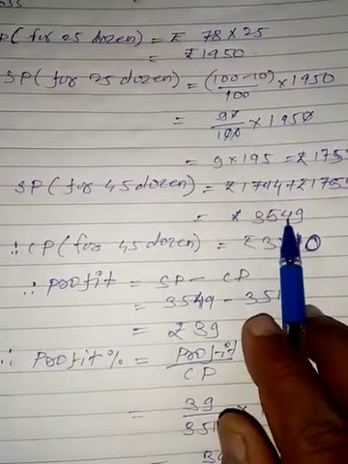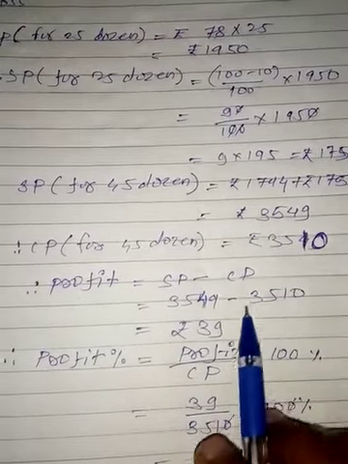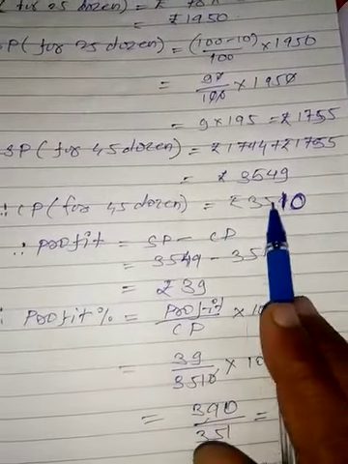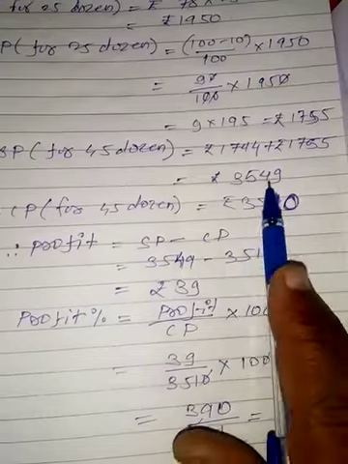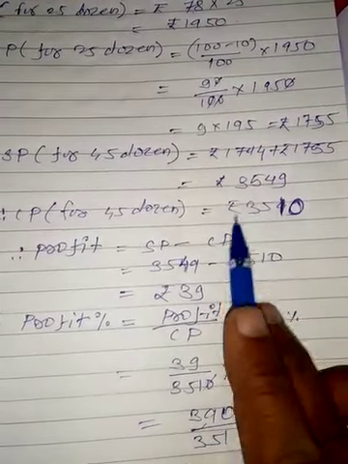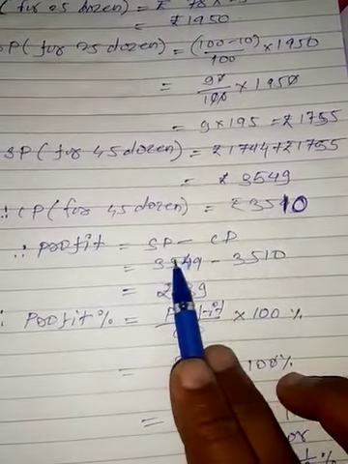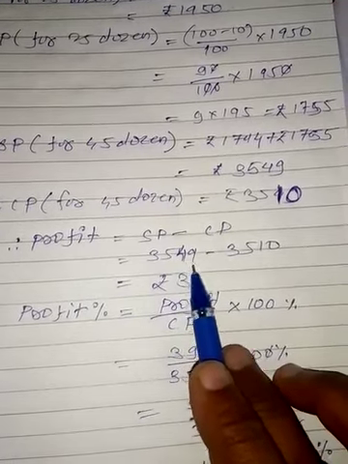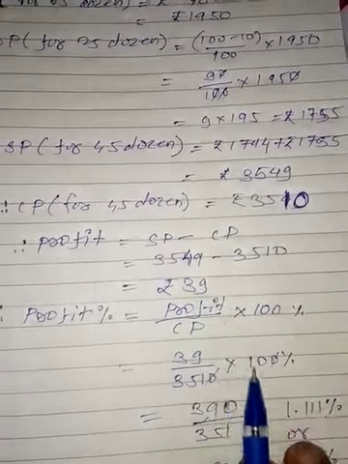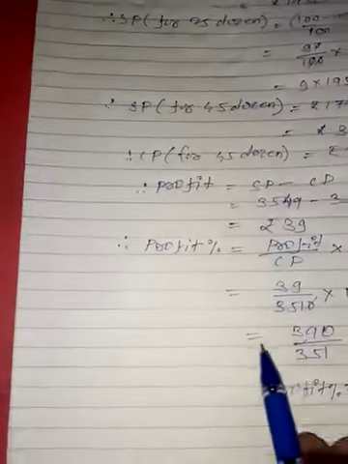The selling price we got, the cost price we know. Then we will find out whether it is profit or loss, whichever is greater. The selling price is greater than the cost price, so it is a profit. So in her deal, third step, she has a profit of 39 rupees. Now the fourth step: what is the question? What is her total profit or loss? So she has a profit, and what is the total profit?